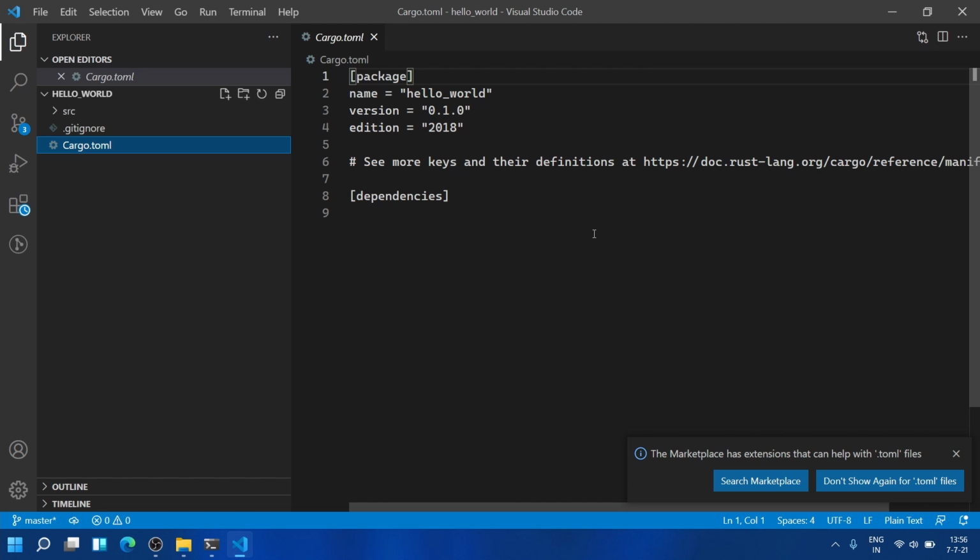Also your dependencies will be managed in this file. For example, in this particular application we are not going to use any external dependencies. If you are going to use any third-party dependencies, you have to mention them under this dependencies section.